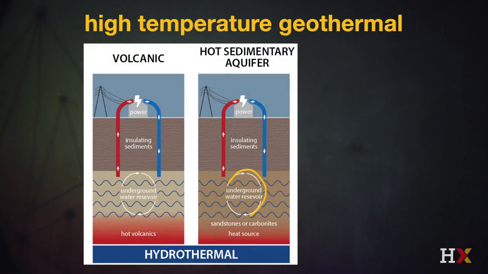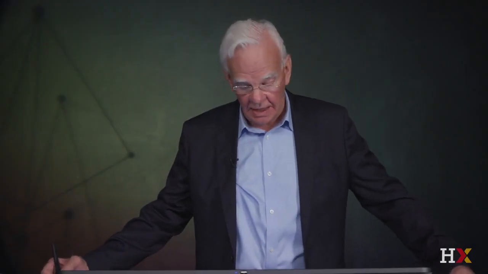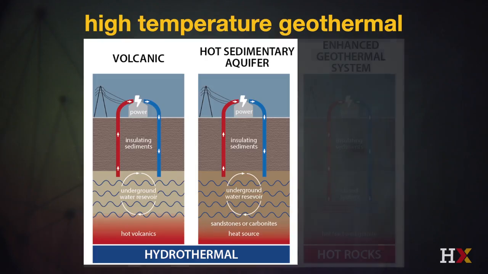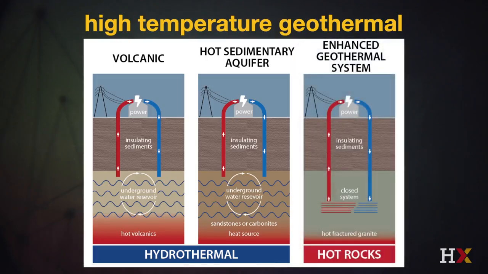That is very hot water underground where you pump cold water down, pressurize it, and extract the high temperature water, and again you drive a turbine that produces electrical energy by virtue of the steam produced by that high temperature geothermal. And then a third way that's becoming very important in both the United States and China is enhanced geothermal